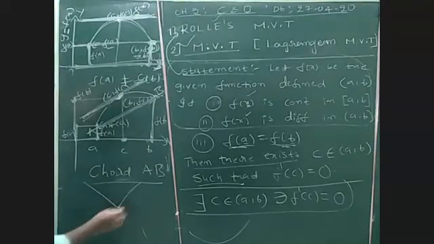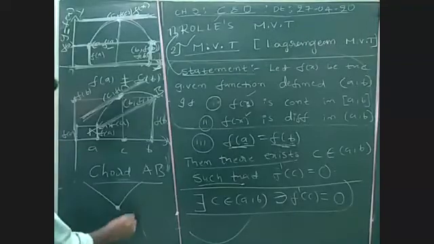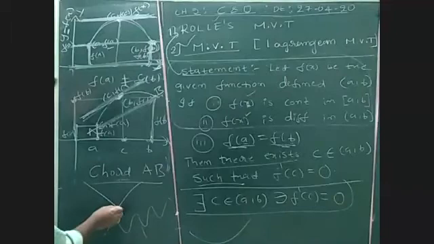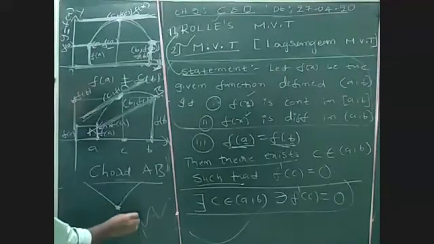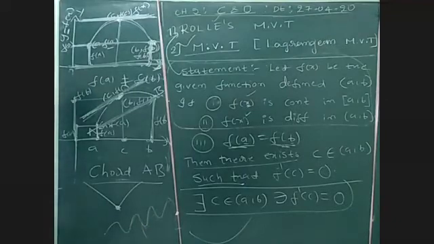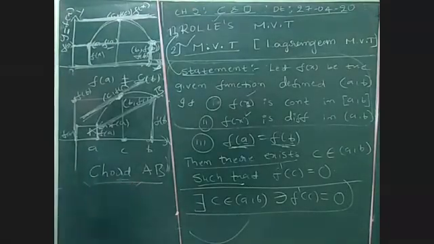Like if I take here, I said that at this point it is not differentiable. But it is continuous, no break anywhere. So it is a continuous curve, but not differentiable at this point. If it is like this, it is always continuous and differentiable. There is no sharp point like this. This is a smooth curve. Every smooth curve is continuous and differentiable. And also remember that every polynomial is always continuous and differentiable.